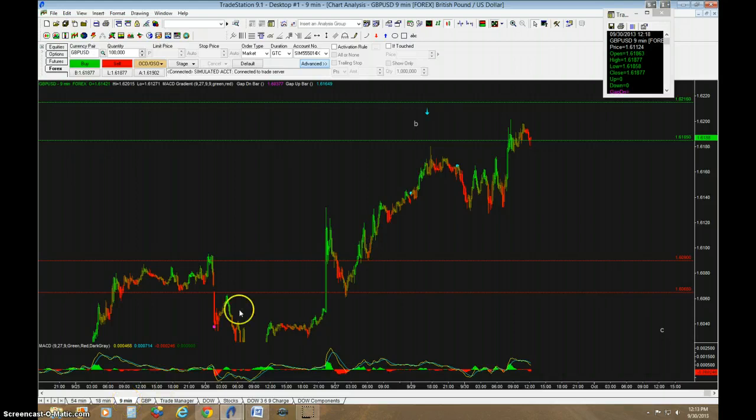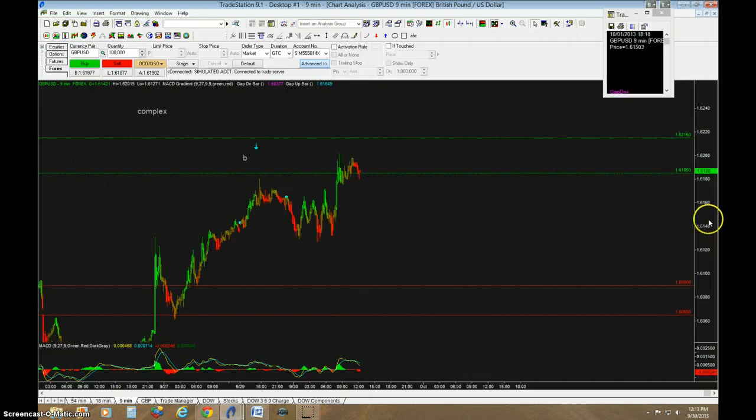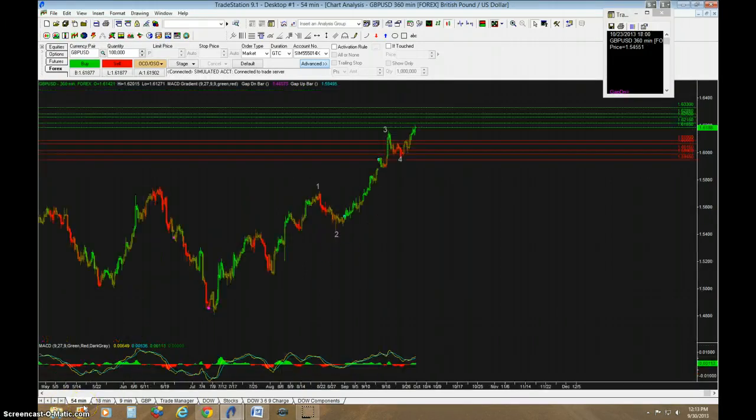We could zoom in a little bit more. I guess this is a 9-minute, so we could say here's 1, 2, 3, maybe it's making 4, and then it'll make 5. It'll get up to this 62.15 mark, right? So far, none of that correction has gotten into the price territory of what you could call 1 right here. Okay, so I think when these 5 waves are over, right, this is not 5 waves complete yet, but when it is, you're going to then get a retrace, and that retrace is going to come back to the price territory of the second wave, right?